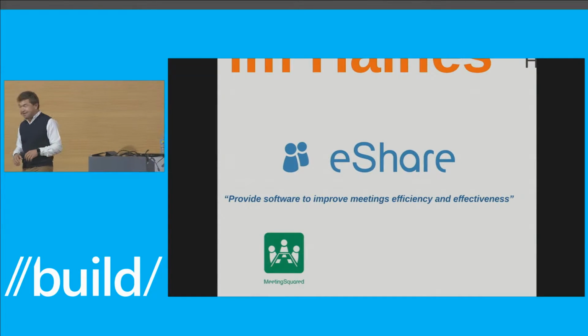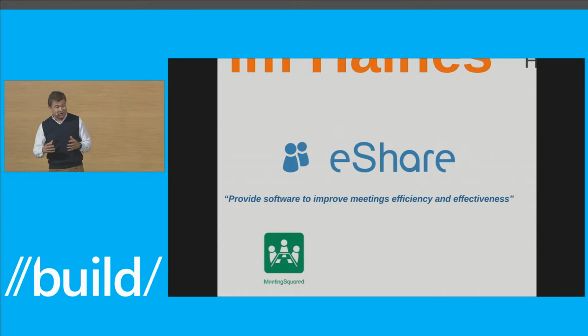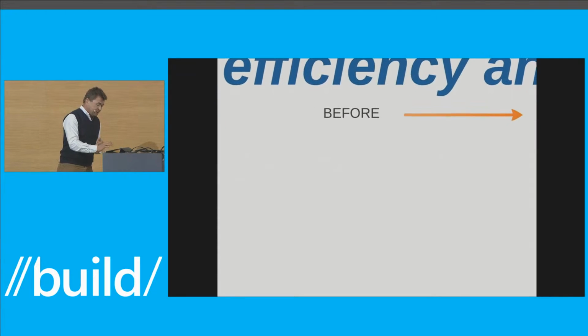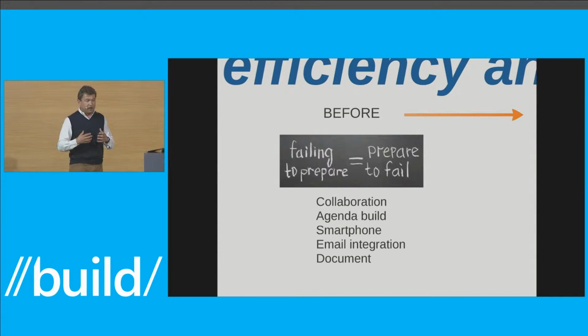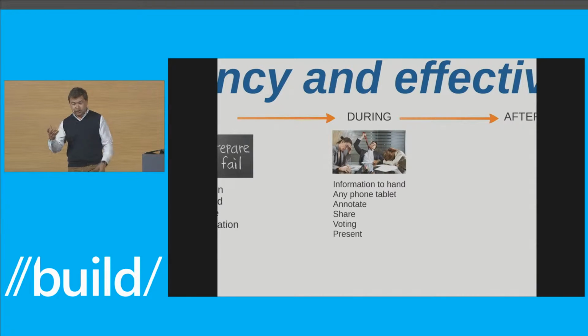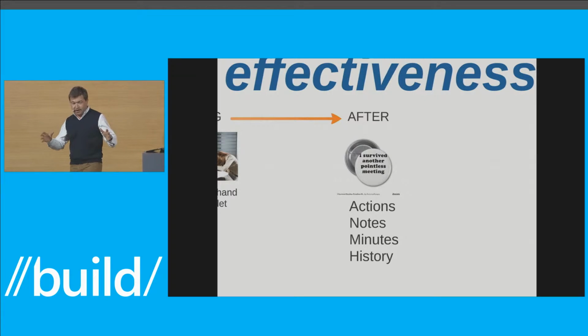What we do at eShare is we improve meetings efficiency and effectiveness with technology. I'm not going to dwell too long on what that means. Really quickly, run through what problem we're solving. So before a meeting, it's all about making sure that people have the ability to add things to an agenda easily, whether they're using a smartphone, a tablet, or they're in Outlook, wherever they are, they can build the agenda for the meeting. At the meeting, it's about having all the tools they need, making sure they have all the information they need, making sure they can annotate documents, they can share their annotations, and they can share their screens and that sort of thing. And then after the meeting,